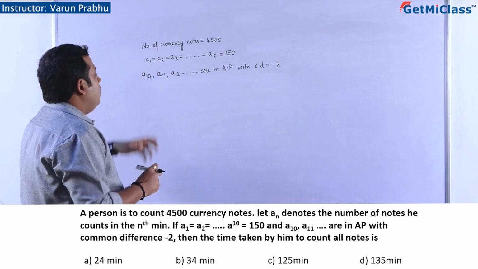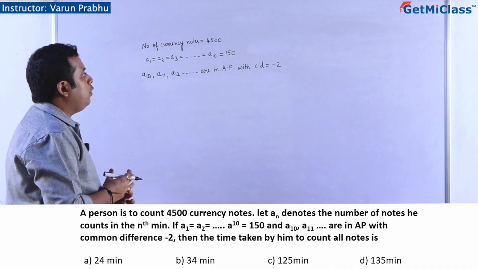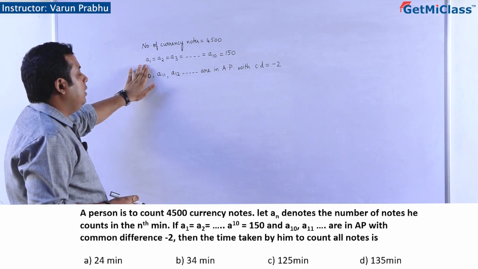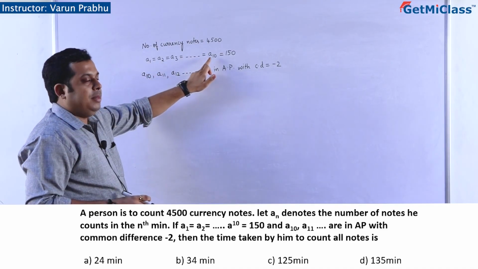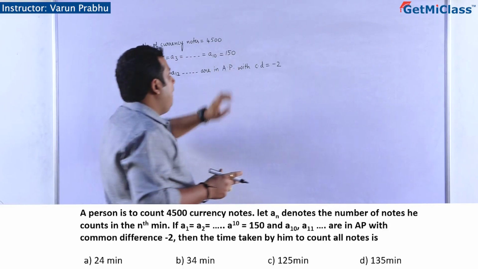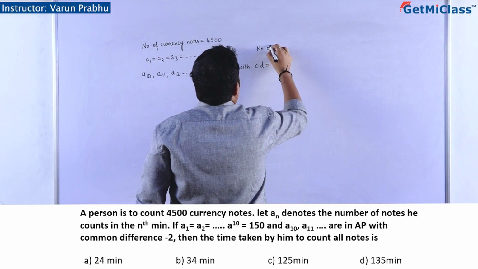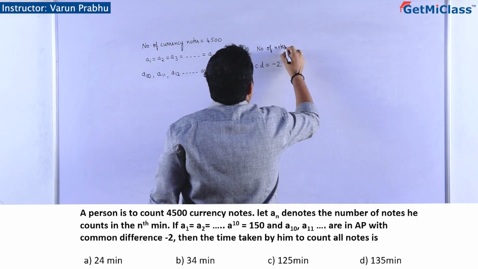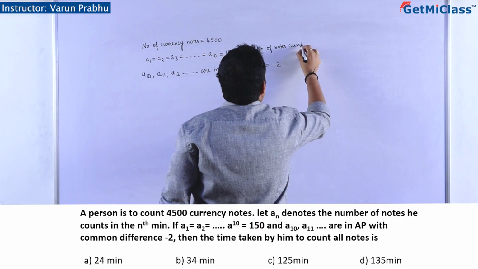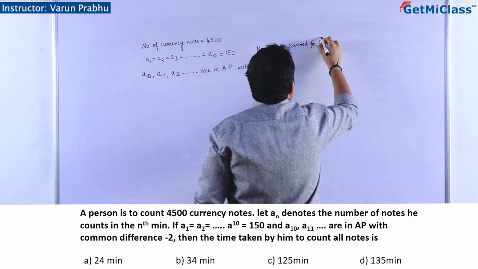Yes. Now, look at the problem here. It is told that the number of currency notes is equal to 4,500, which the person has to count. For the first 10 minutes, he will spend counting 150 notes per minute. So we'll see the number of notes counted